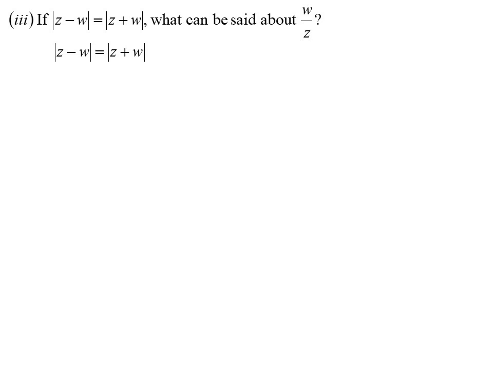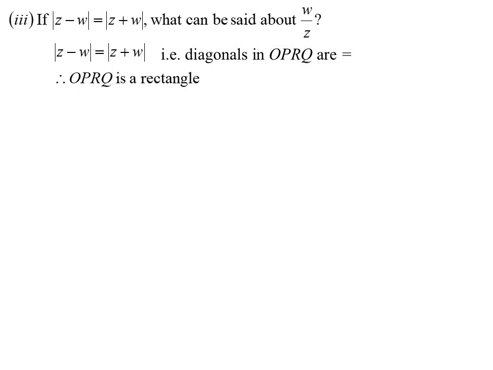If we go back to our picture, we've said it's a parallelogram, you'll remember. We know the diagonals in a rectangle are equal. So actually, our quadrilateral is a rectangle, not just a parallelogram. If it is a rectangle, then I can look at the arguments of those two things, because the vertex must